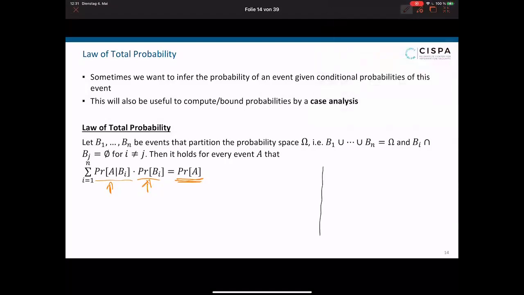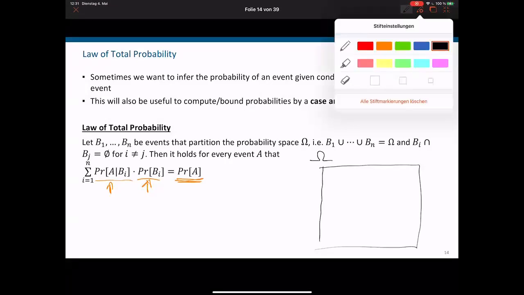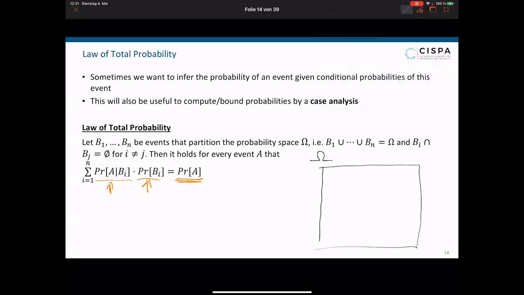Let's say we have our probability space, call it omega, and we have a set of events B1 until Bn, which cover the entire space, but the Bi are disjoint. So their intersections are empty, which means that